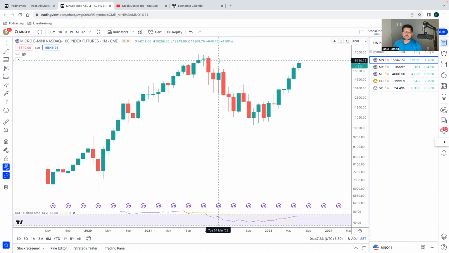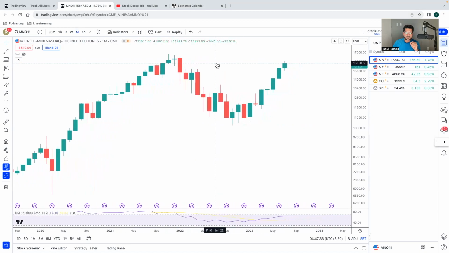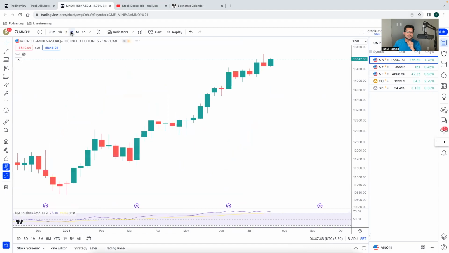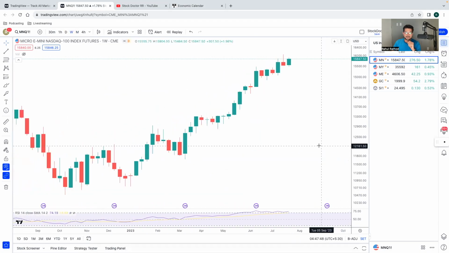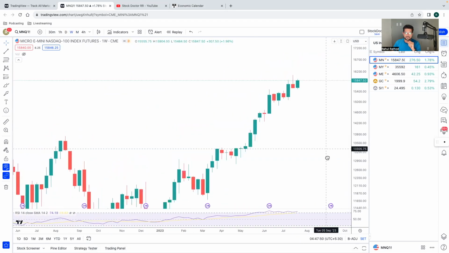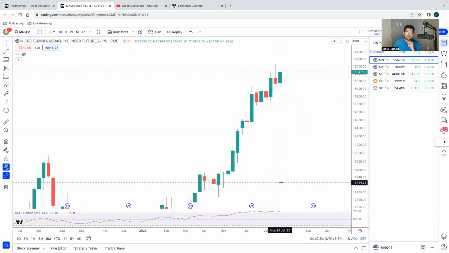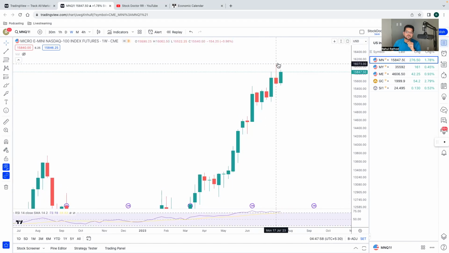So let's go ahead and see what the monthly chart is saying. The market has been going up for almost 5 months. You can see here 1 2 3 4 5. If we see the weekly chart, last week's closing was good. Now why were we bearish on the market the week before last week? Because it has created the